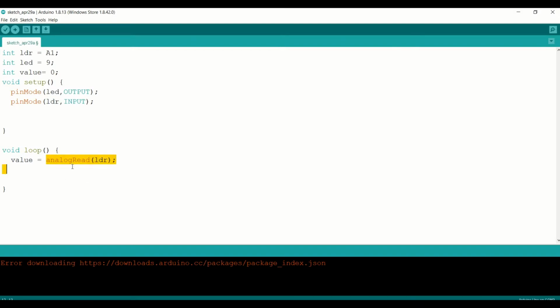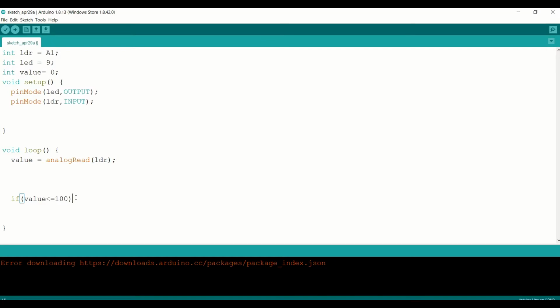In the previous video, I wrote it as digital read because it was connected to the digital pin. Now here it is connected to the analog pin, so we have to write analog read. So now we'll be writing if value is less than or equal to 100.